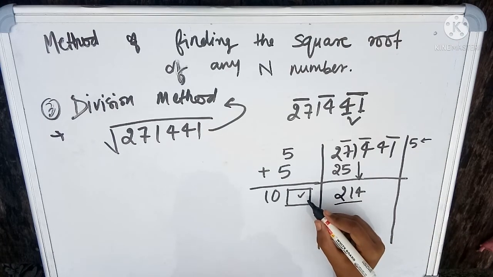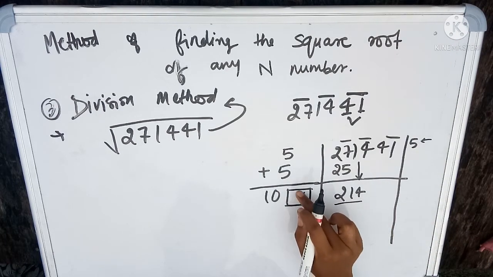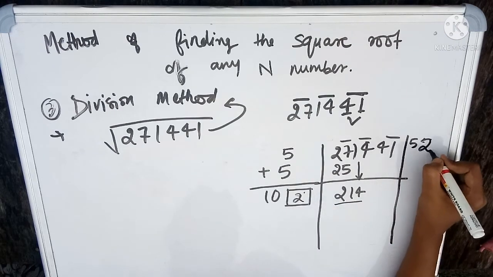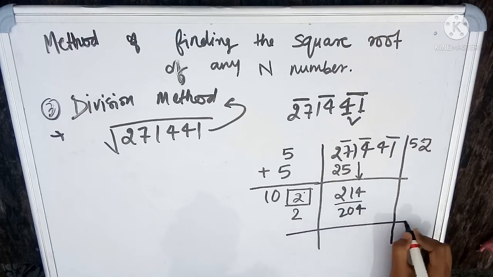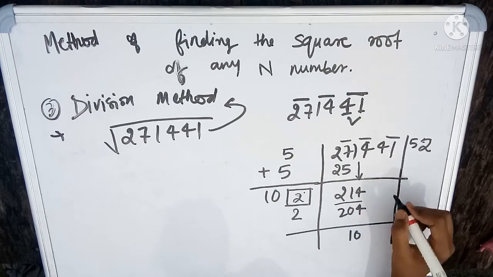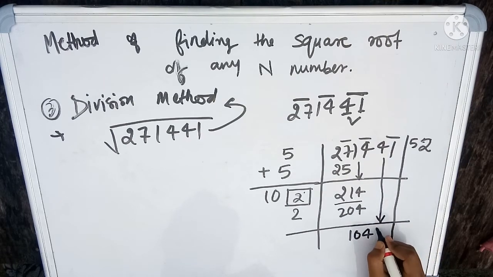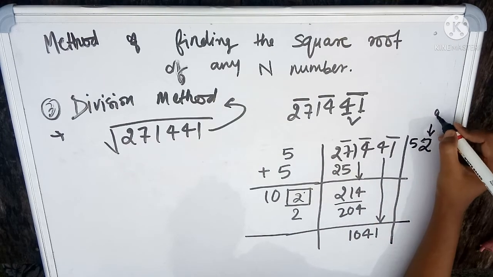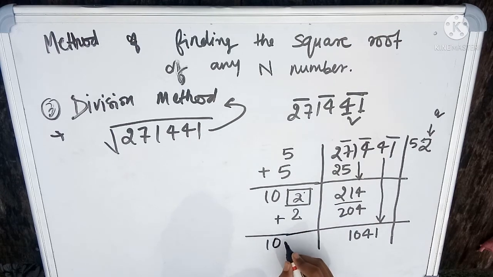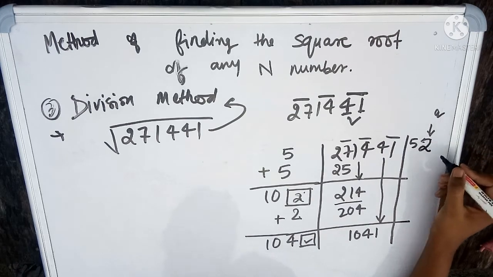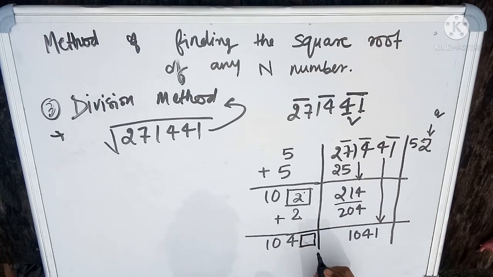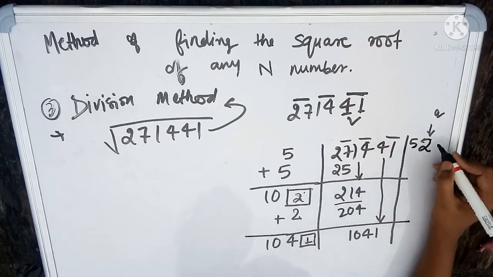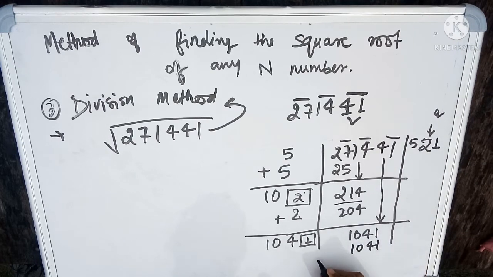So what will we write here as the number? So here in this case we have 2 as the number. If we multiply 102 by 2, then we will get 204. Now after subtracting this, here we have 10, and the number we bring down is 41. And also the same number in the quotient we need to add here. So we have 104. Now what will be the next number? If we multiply it by itself, then we will get 1041. So here we can simply say that this number is 1. 104 multiplied by 1 will be 1041.